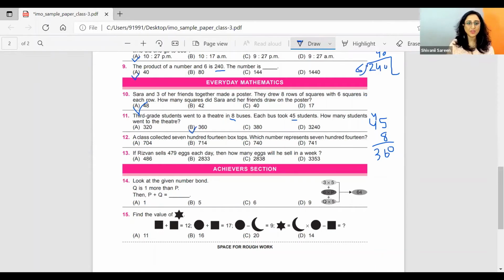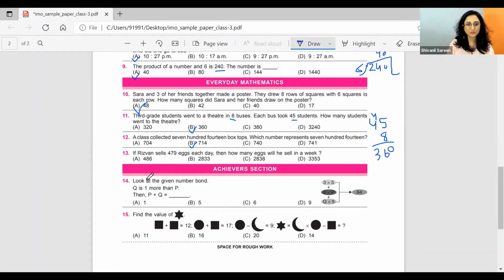answer. Question number 12. A class collected 714 box tops. Which number represents the 714? So which number is 714? This is 704. This is 714. This is 740. This is 741. So 714, this is the correct